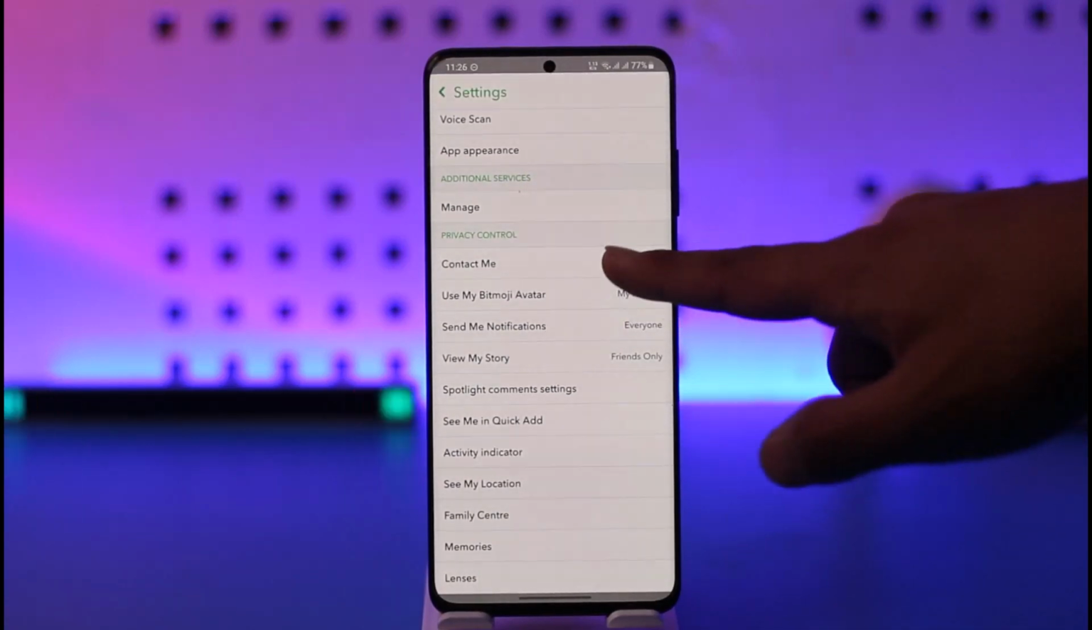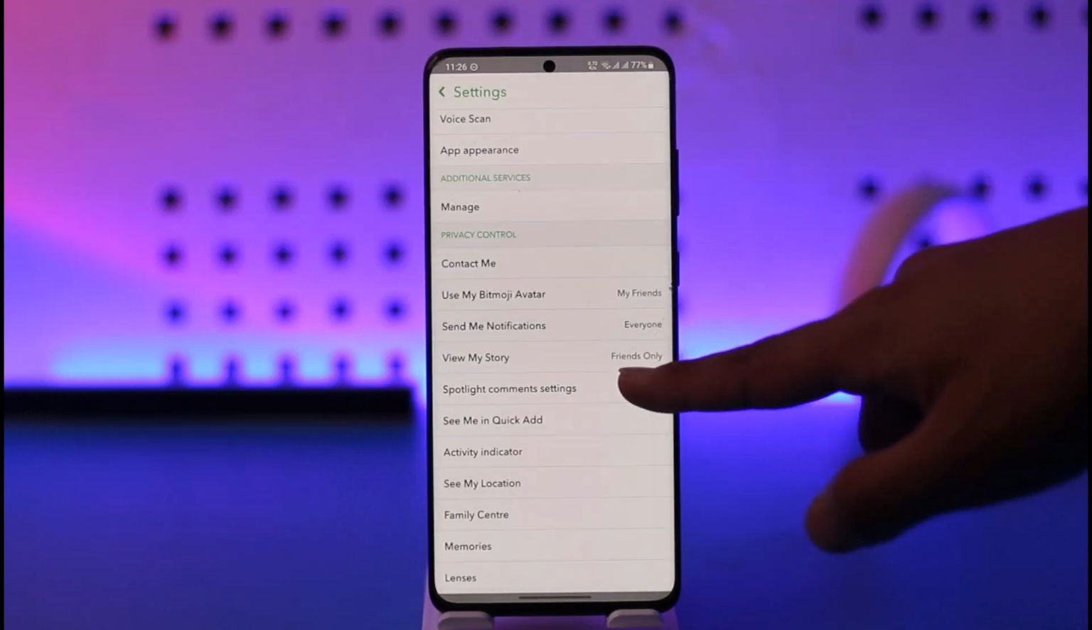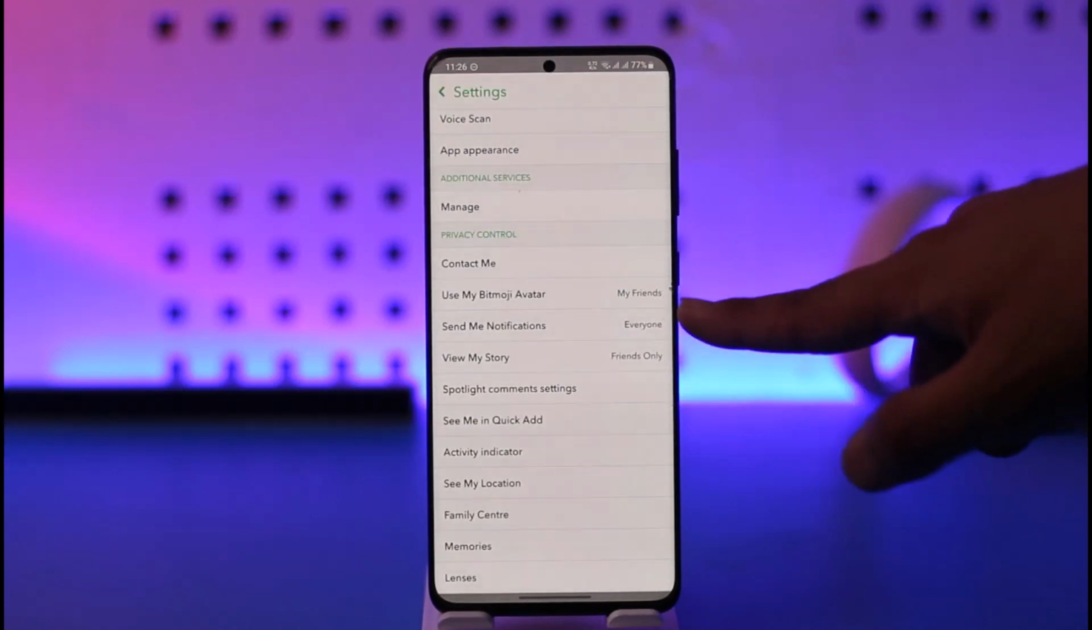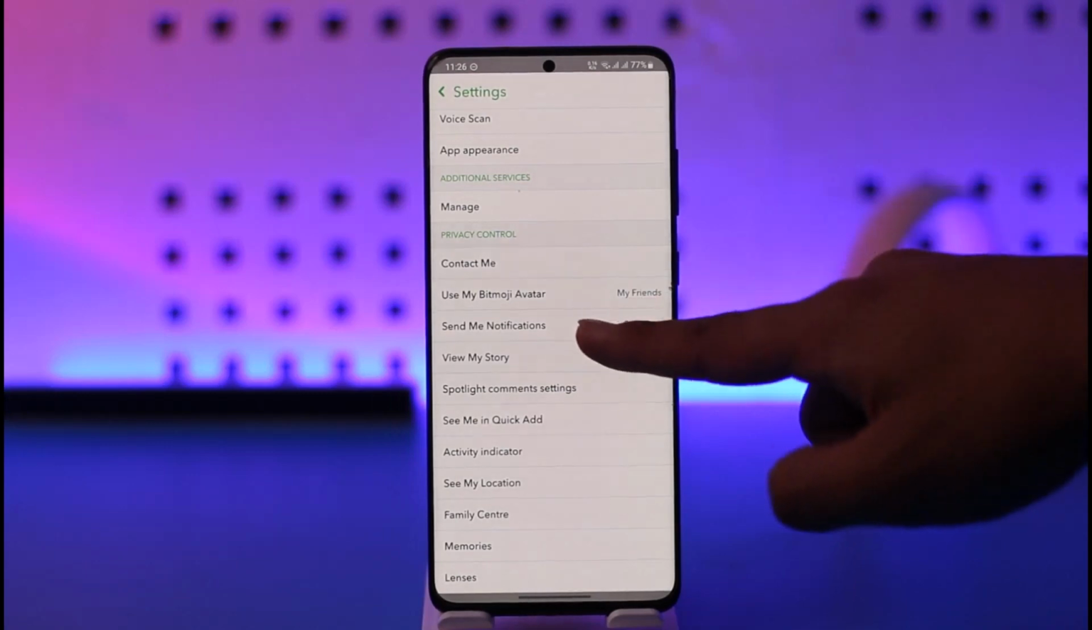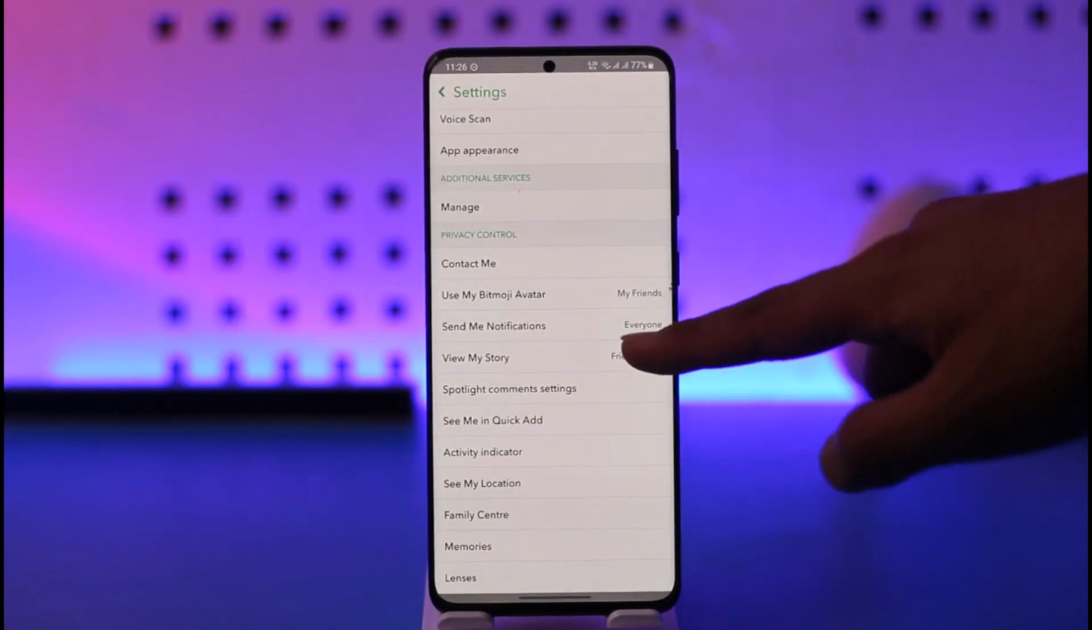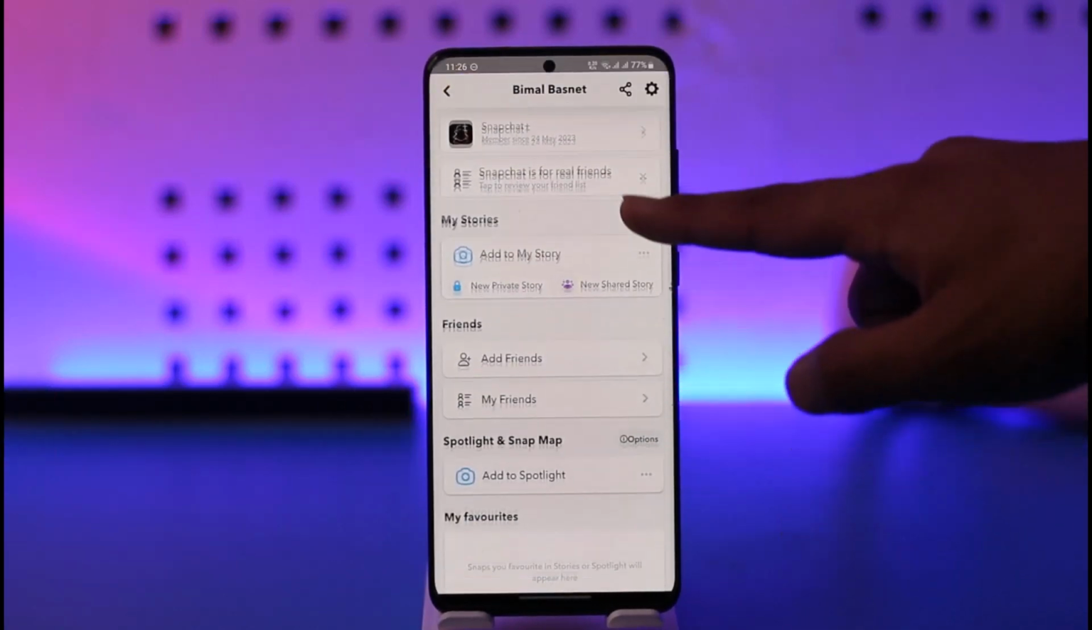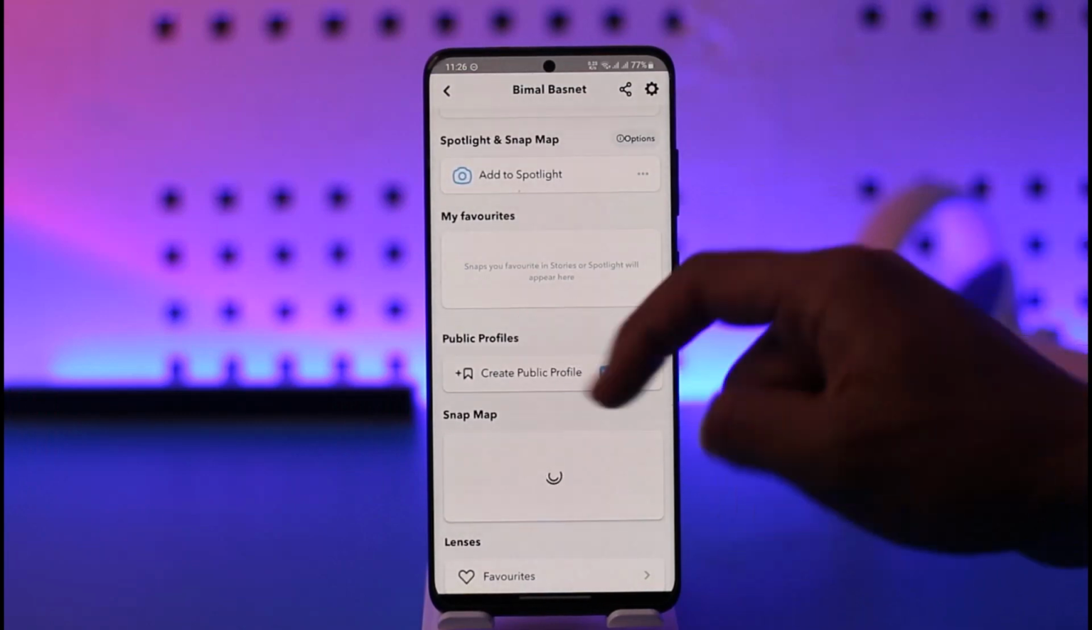Right over here, of course, who can contact you, set this to everyone. Who can use your Bitmoji avatar, set this to the maximum privacy possible, like everyone or friends or anything as such. Once you've done that, when you come back to this page over here, you'll find this option called create